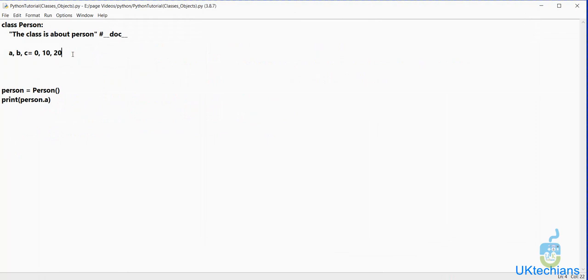So let me tell you a very tricky thing. Whenever a class is created, it builds a constructor by default. The constructor looks like this: def, double underscore init double underscore, and then this self, which is the instance of this particular object. So let's say print hi.